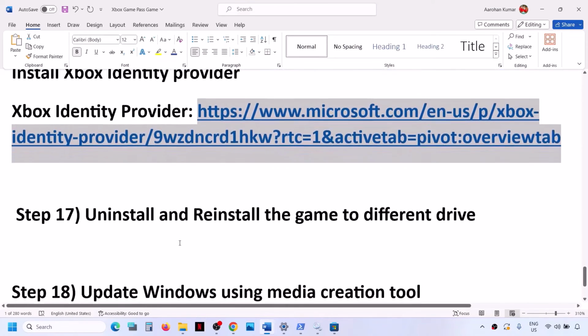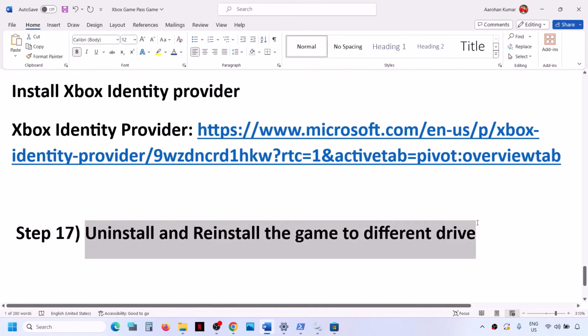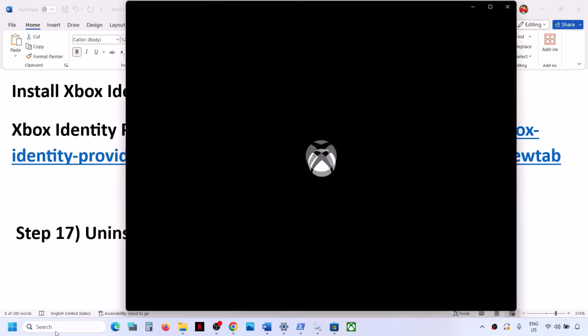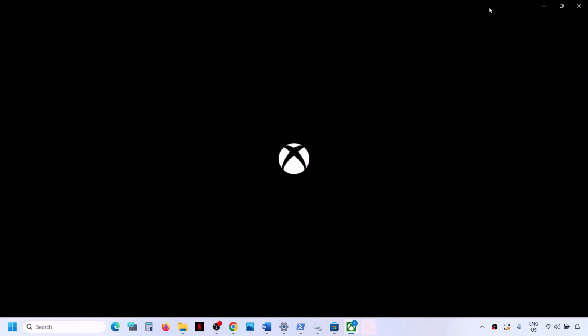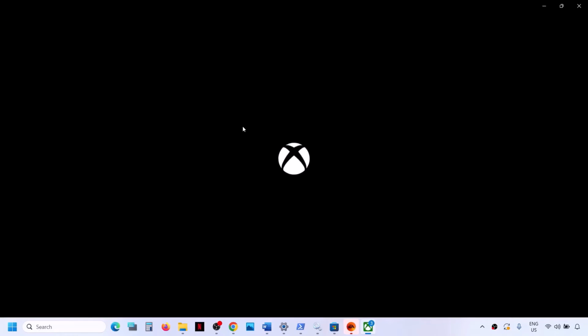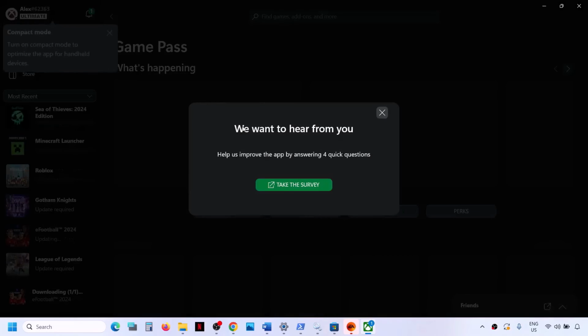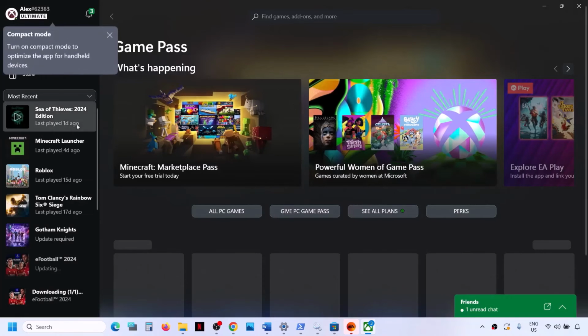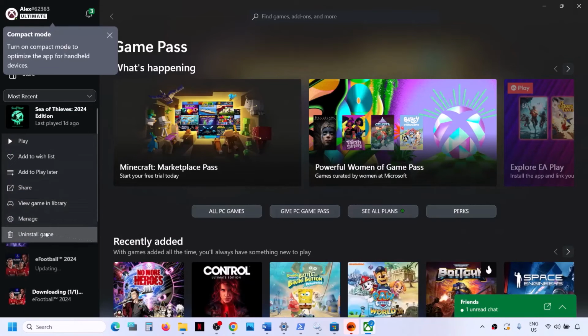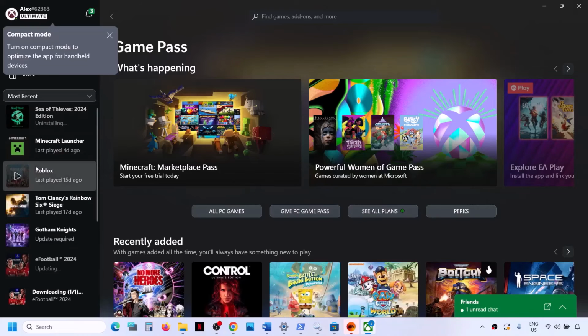The next step is to uninstall and reinstall the game to different drive. So if nothing is working, you can open Xbox app or Microsoft Store, and then you can try to uninstall the game and then reinstall the game. You can simply uninstall and reinstall. So go to Xbox app or Microsoft Store, and you can make a right click on the game and then click on uninstall. Yes. And once the uninstall is complete,